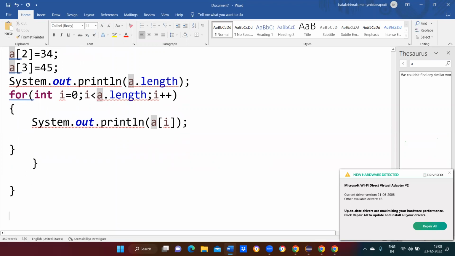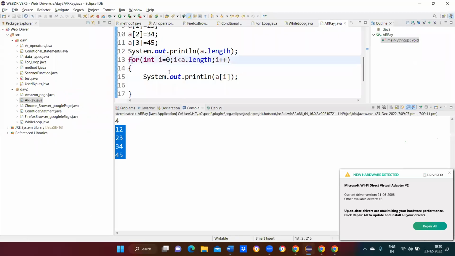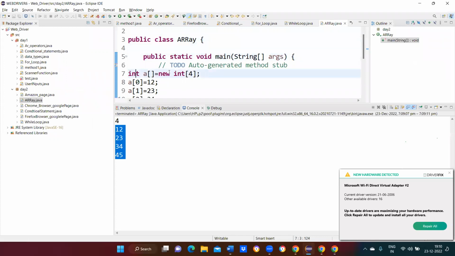So that means the array can store multiple integer values. We can store strings also, strings in a single dimension array. So instead of integers, I'm going to use string values. If you want to use string values, we can use string a of equal to new string of